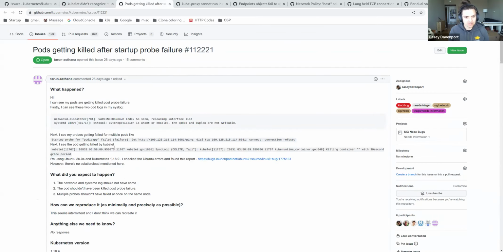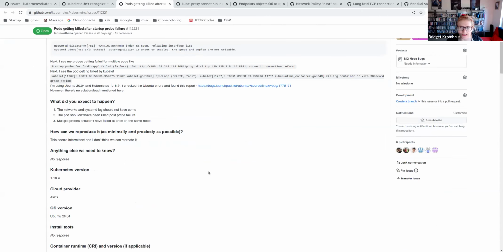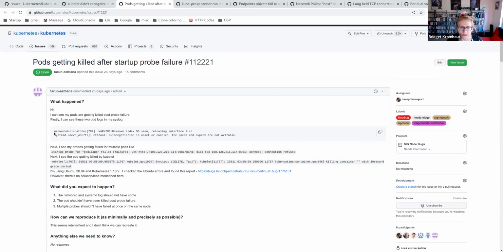Apparently this one's assigned to me, but I think I missed it. This might be the one that we assigned to you in your absence last time. Yeah, that could be it. It is almost a month ago. We should point out they're using a very old Kubernetes version. So if what is happening to them can't be replicated on something current, that's not getting fixed.